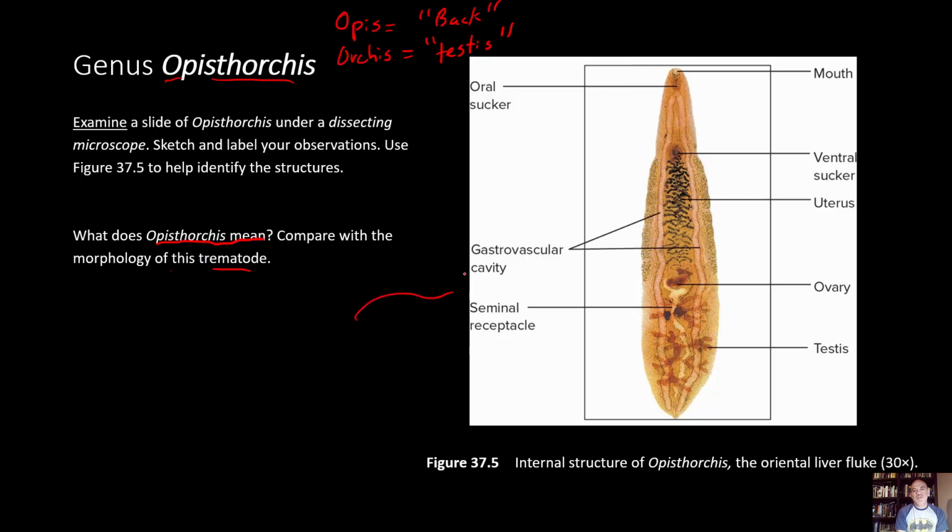So we come and we look over here. This is the head end right here. This is the anterior end where the mouth is. And you can see we have this gastrovascular cavity. It branches into two main branches, and it's hermaphroditic. So you have a male and female. You've got ovaries, but look where the testes are. The testes are towards the back. They're posterior. So literal translation here, Opisthorchis, and you can see these little lobed, branch-like testes back here where sperm